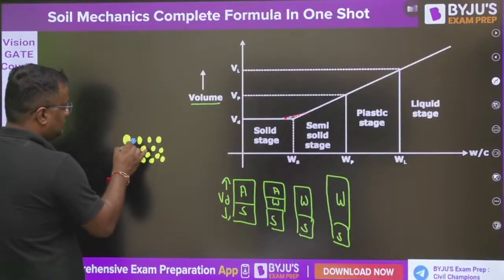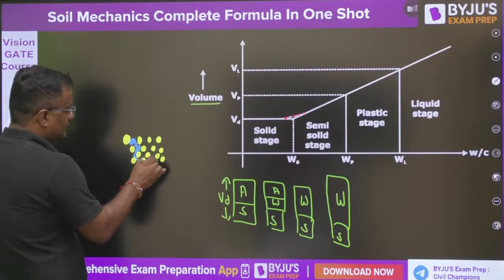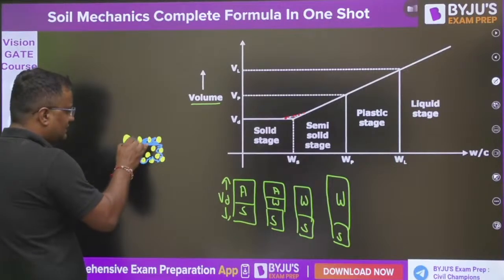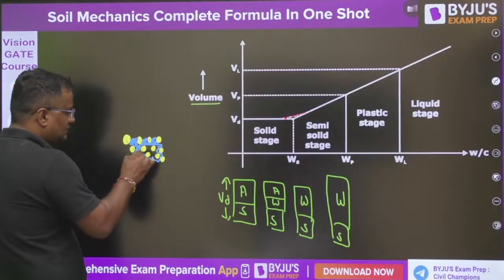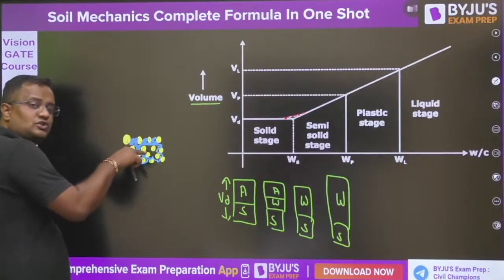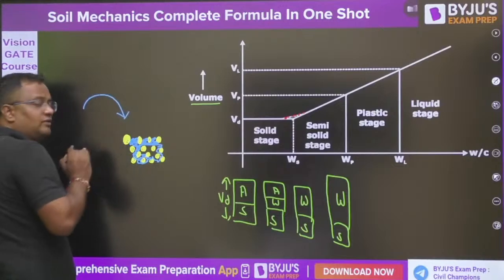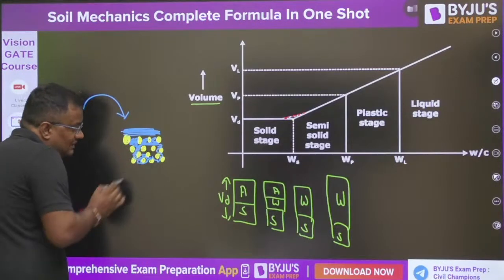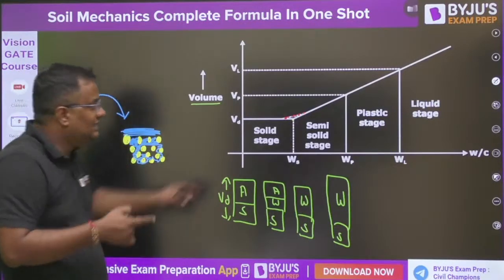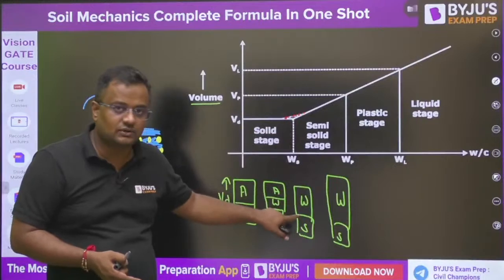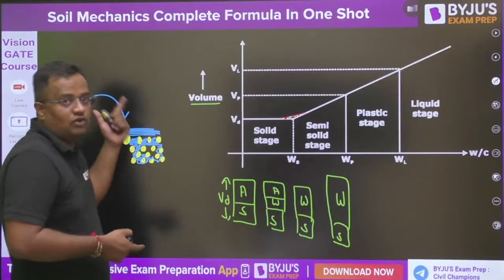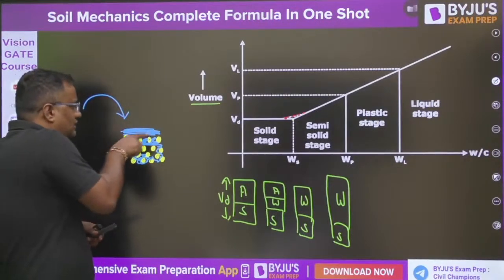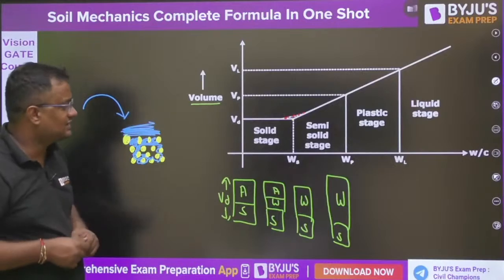Guys, here when water is filled, it is almost filled and there might be only 4 small voids still there. But now there is no space for filling that void, so if you add more water, the volume starts increasing, although there is some space left. Theoretically it should increase after it is completely saturated, but 2-3 voids are blocked, so instead of water going there, the volume starts increasing. That is why it is shown dotted.